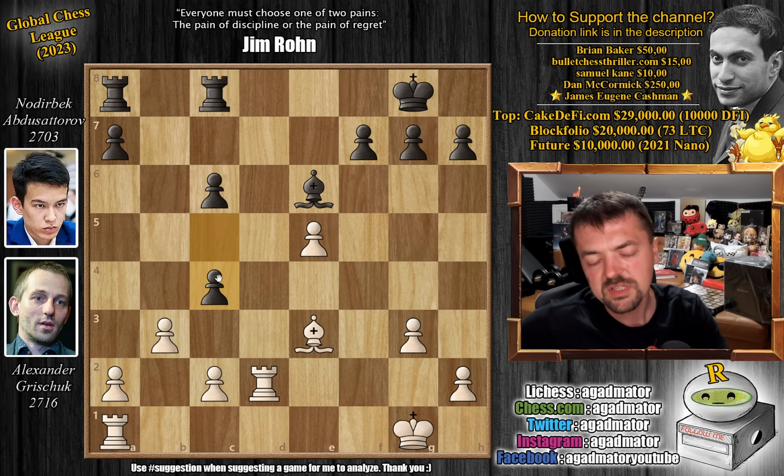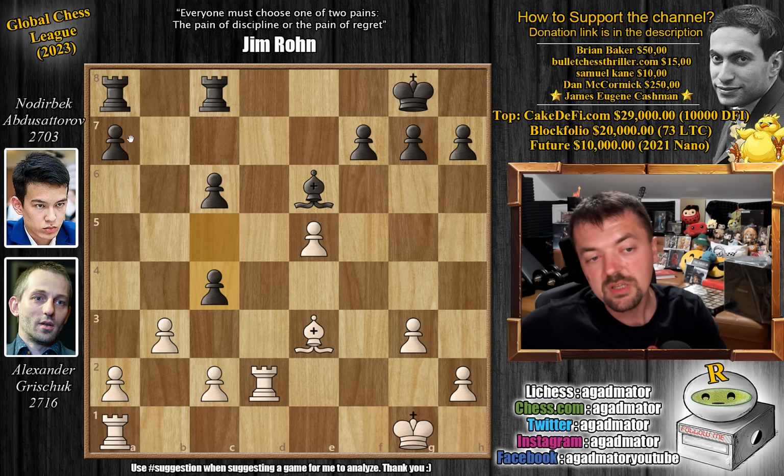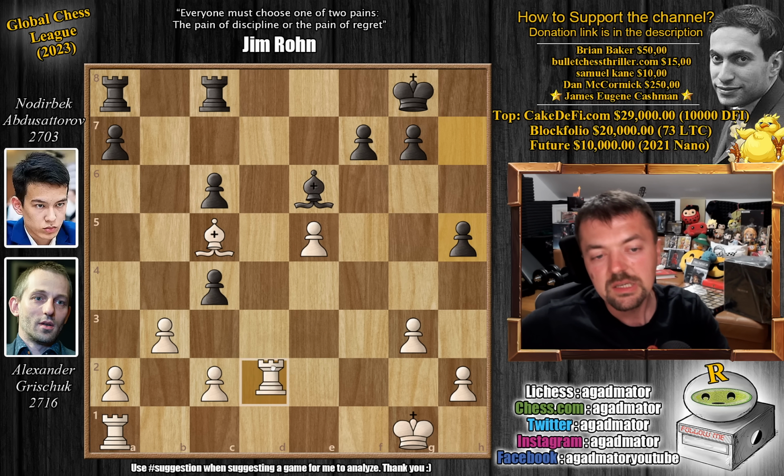And now, of course, he wants to trade his double c-pawn for white's perfect pawn structure, and he wants to push a5, a4, and put even more pressure on that b3 pawn. So bishop to c5, and now pawn to h5, creating some breathing room for the black king. Rook to d4, and now rook c to...